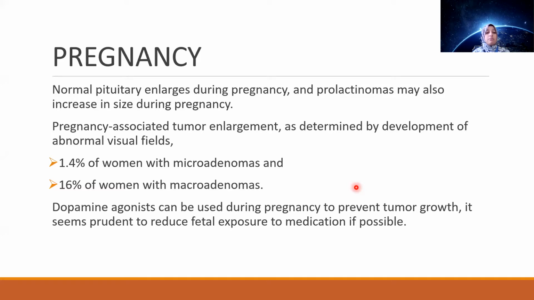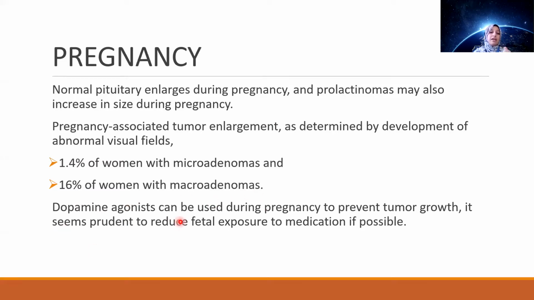So if there is a pregnancy-associated tumor enlargement, this is determined by the development of abnormal visual field. So the only thing that you will ask your female patient, when she becomes pregnant, is to keep a watch on her visual field. Check her vision, be watchful, and if anything bad happens, come to the clinic, come to medical attention. There is a possibility of 1.4% enlargement with microadenomas, whereas there is a 16% tumor enlargement risk with